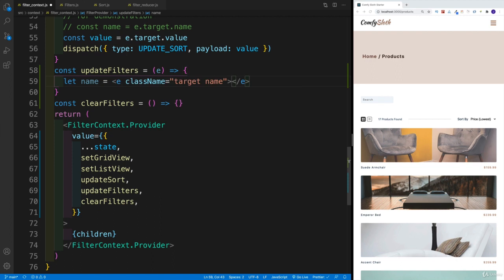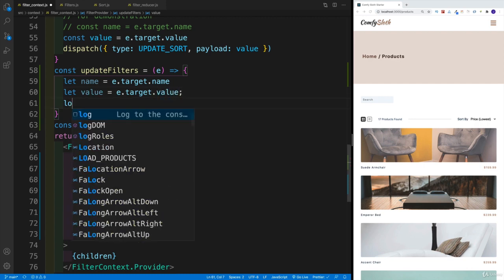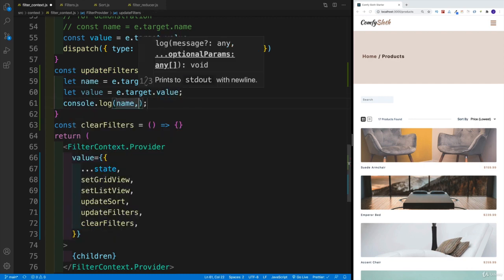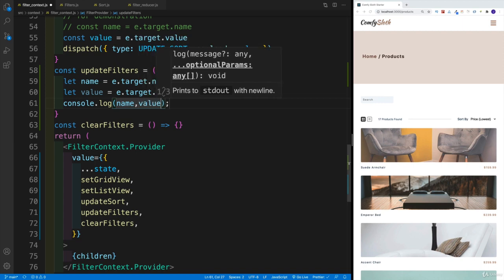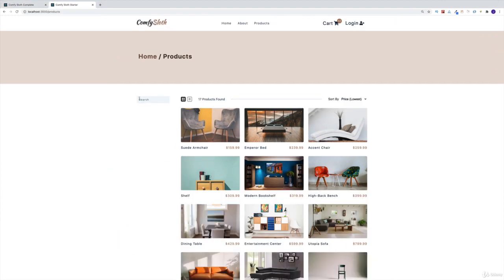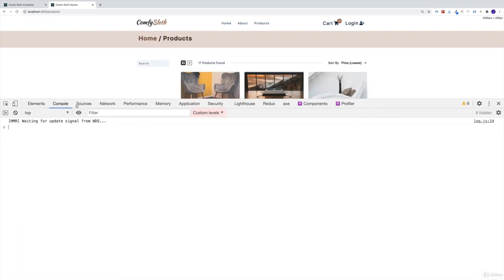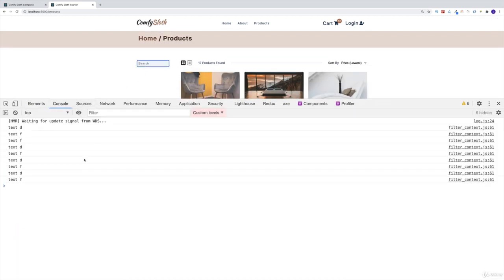So I can access the name. And the second thing, of course, I would also want to get the value. So whatever I'm typing. So I'm going to go here with let value is equal to event target and then the value. And again, let's start simply by just console logging. So name and then the value. So I'm going to navigate to the bigger screen, and here I'll open up my console. And as we're typing, we should see in the console those values. Notice. So this is going to be the name, which of course is the text,